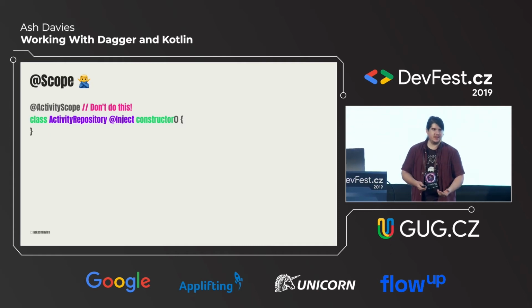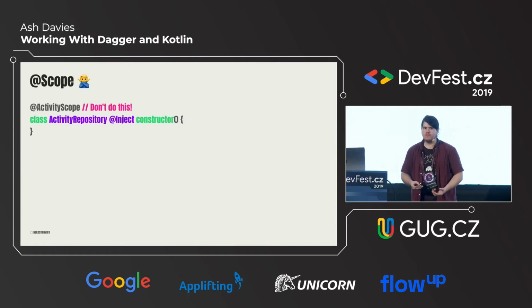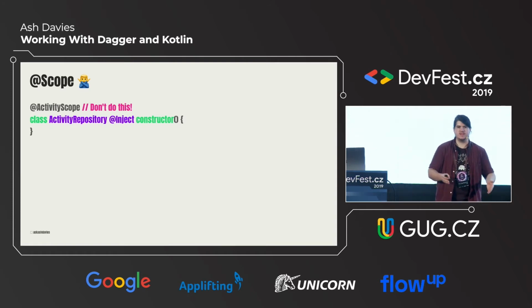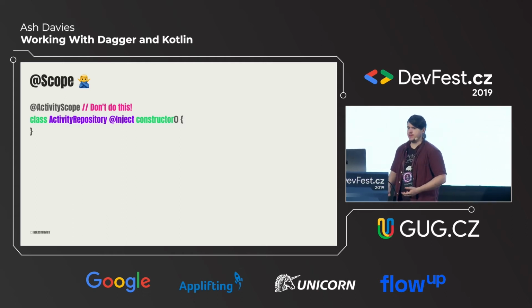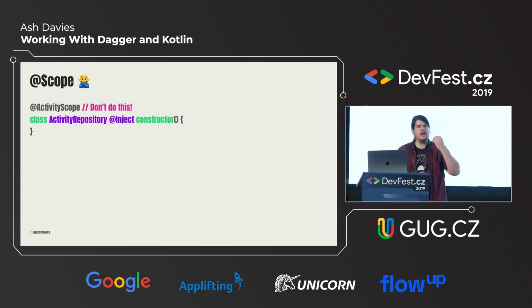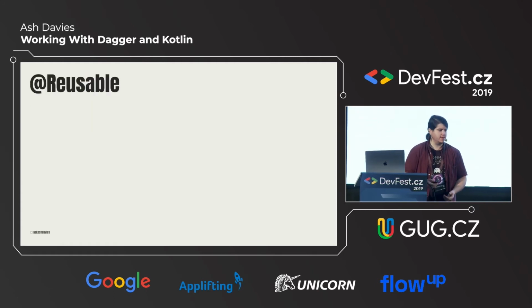Now, it's really easy and straightforward to use these annotations here, and it seems like it's a simple thing to do, but it's really not worth that scalability issue, because you're going to find later on classes with these scope annotations, and you're going to find really weird race conditions where things are being persisted when you didn't think they were, and then you're sharing mutable state and all these different things. But generally, actually, there's another thing to bear in mind as well, is that there's another type of scope, and